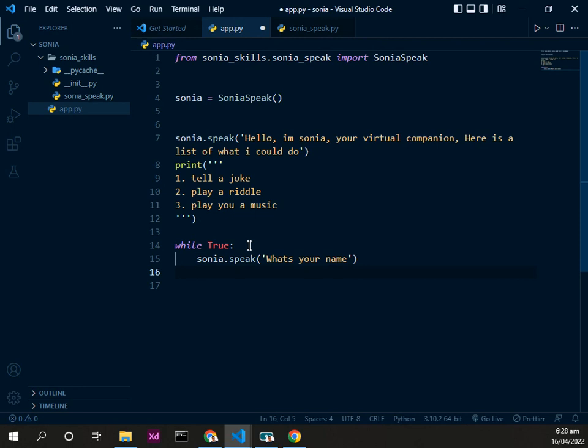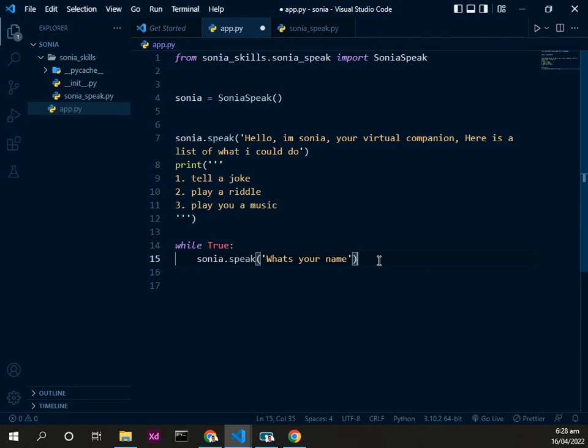And after she says this, what's the next thing that happens? If you remember during the pictorial explanation I was giving you of the logical control flow, after she says her name, the next thing that happens is that we are going to tell Sonia our name. So this is Sonia's first speech. Remember, when I was doing all those drawings, this is Sonia's second speech. During Sonia's second speech, that is when we make our first speech, right? We're not actually talking. We're actually talking with her via typing.